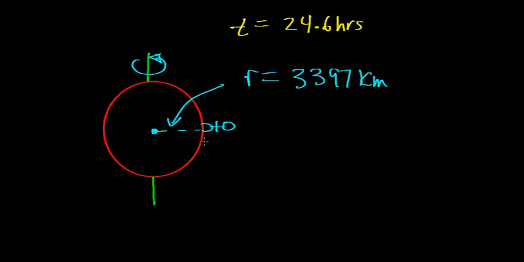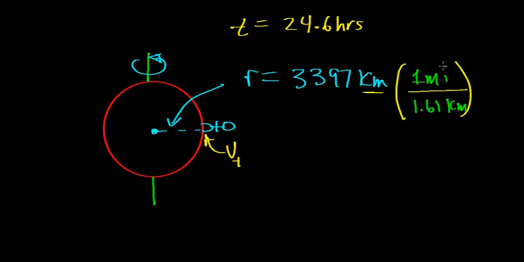We'd like to calculate the tangential velocity of this person right here, which we usually write with a v with a subscript t. Now I want to do this in units of miles per hour, so what I'm going to do first is convert this units of kilometers over to units of miles. Now I know 1.61 kilometers is equal to 1 mile, and what you should see is that this unit of kilometer then cancels out with this unit of kilometer, and what you do is you do 3,397 divided by 1.61, and that will give you a unit of miles. And when you do that, you find out that the average radius of Mars is going to be about 2,109